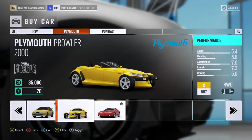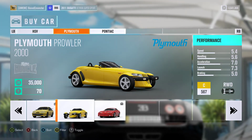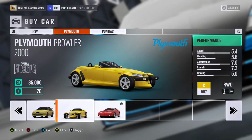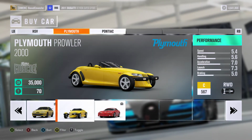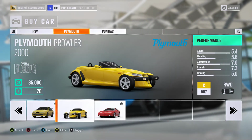Next, probably the worst, possibly the worst car in the game, as voted by the public, is the 2000 Plymouth Prowler, which costs 35,000 credits. Starts at C567. It's rear-wheel drive with its engine in the front. It has 5.4 in speed, a 5.6 in handling, a 7 in acceleration, a 7.3 in launch, and a 5